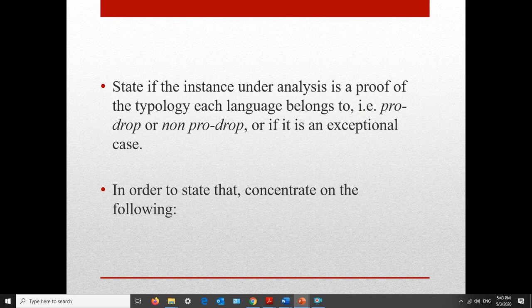First of all, you should state if the instance under analysis is a proof of the typology each language belongs to. That is to say, if this instance under analysis shows how English is non-pro-drop or how Spanish is pro-drop, or if it is an exceptional case in the sense of, for example, showing subject pronoun retention in Spanish for one of the reasons that you have listed in our handbook. Now, in order to state that, we should concentrate on the following: